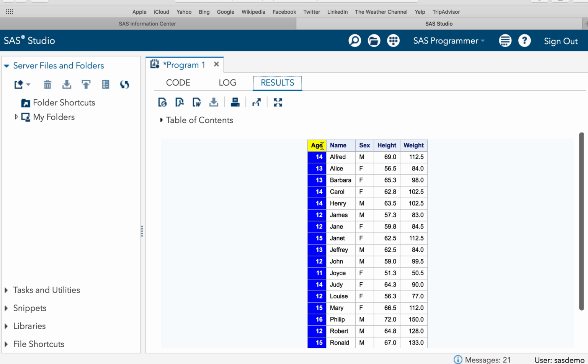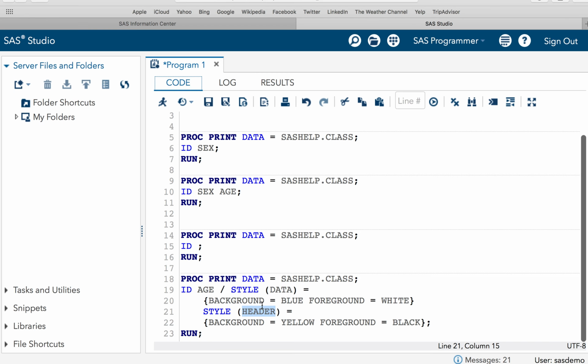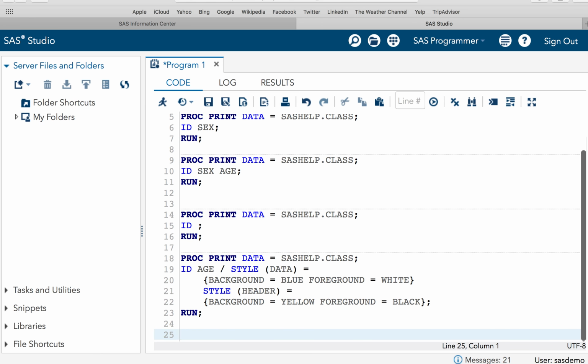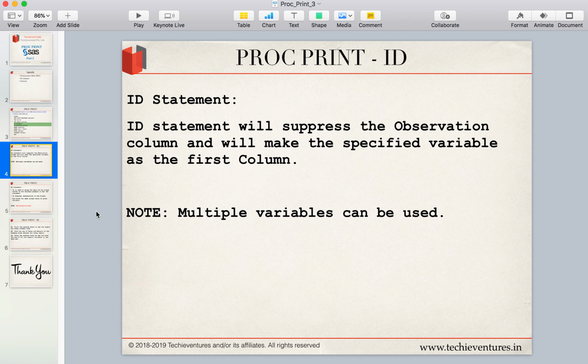Very simple. So that is your age, right? And then I have added two colors for the two distinct types. One is for the background and one is for the foreground. I hope the code is pretty clear for you. All right. Now, the next